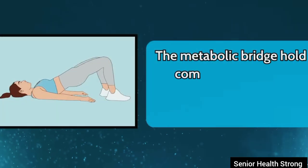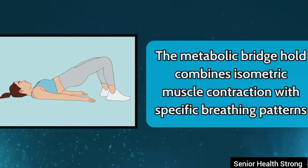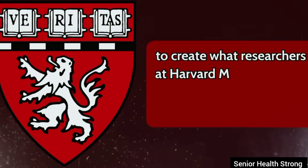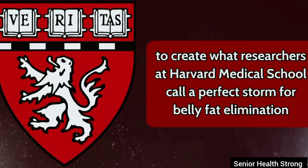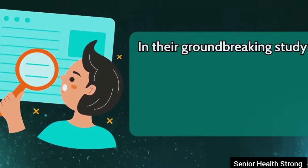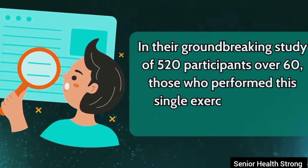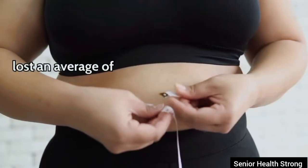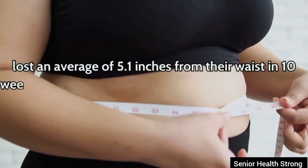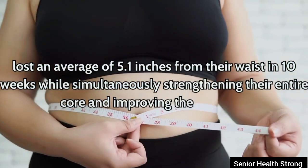The metabolic bridge hold combines isometric muscle contraction with specific breathing patterns to create what researchers at Harvard Medical School call a perfect storm for belly fat elimination. In their groundbreaking study of 520 participants over 60, those who performed this single exercise for just 6 minutes daily lost an average of 5.1 inches from their waist in 10 weeks, while simultaneously strengthening their entire core and improving